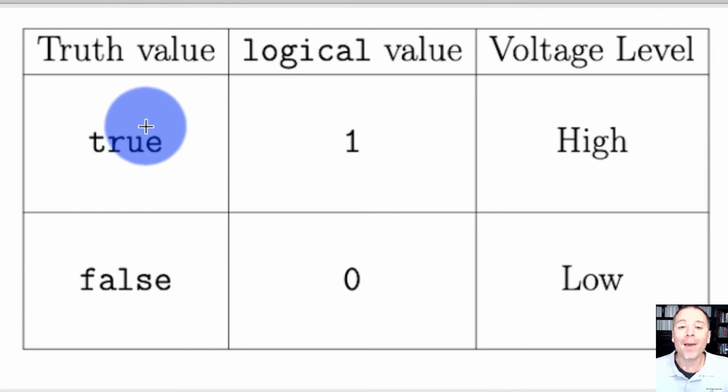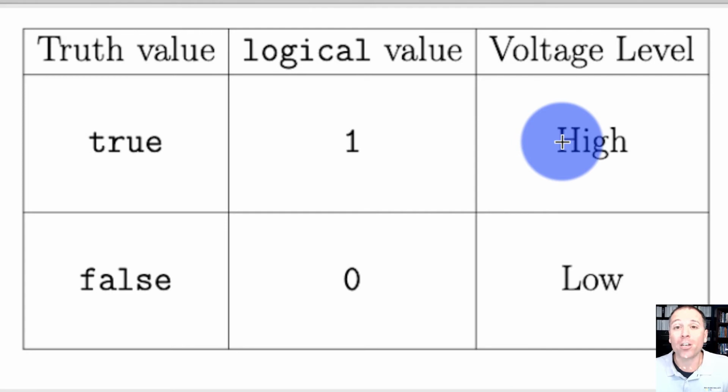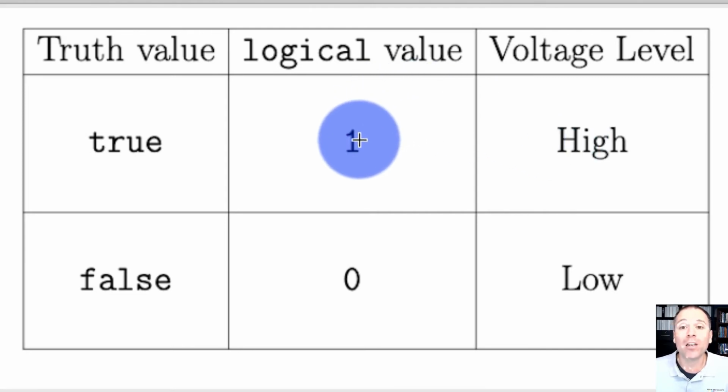that we can implement the concept of a truth value. In other words, we can use true and false ideas to map to logic values, which are stored as either ones or zeros. And then we can use actual voltage values on electronic components to make a connection between logical 1, which in this particular idea is stored as a high voltage, and logical 0, which is stored in a low voltage. Depending on the type of computer hardware that we have, each hardware company will determine its own high and low voltages to use when designing a computer.